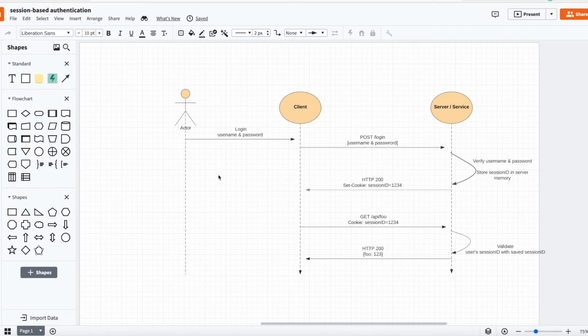The first step, the user, which normally is the browser, sends a request to the server. The request contains the login credentials, the username and password for that user. The web server authenticates the user. If the user is valid,